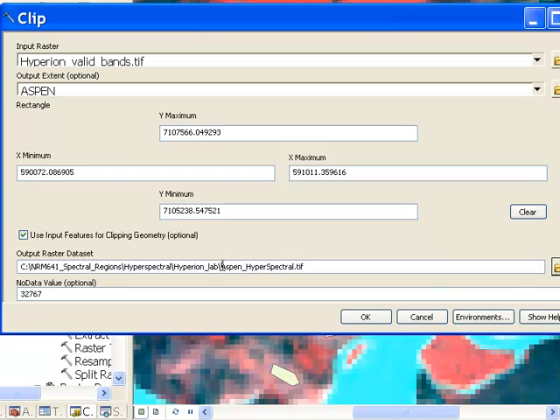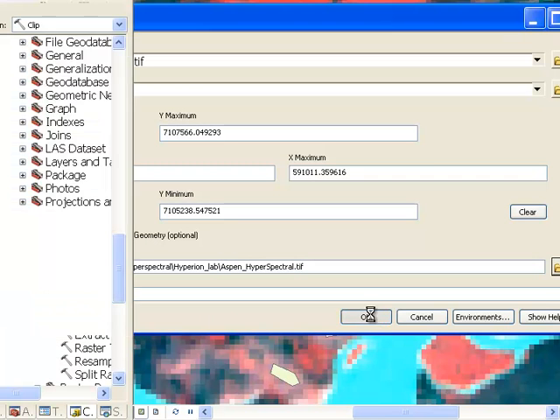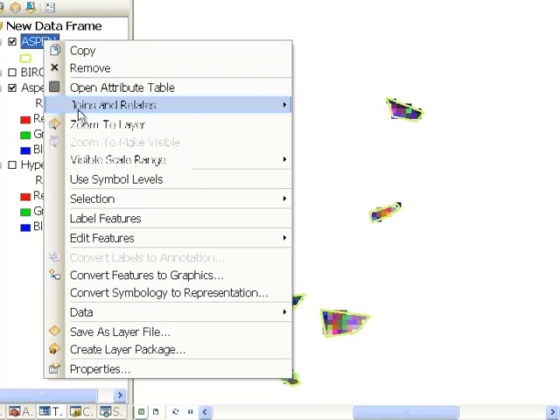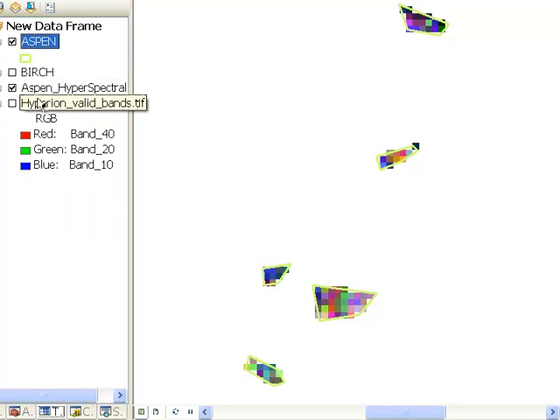So I'm going to output to a new raster. I named it aspen hyperspectral.tiff, and I'm going to use the aspen polygons and use those polygons' geometries for clipping. So this needs to be checked on. And then just OK. And that results in a raster for all these aspen polygons. Keep the pixels inside the polygons. So now we've got a raster called aspen hyperspectral.tiff, and you would repeat the process using the birch polygons,